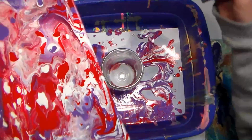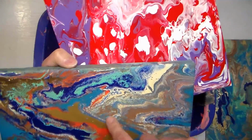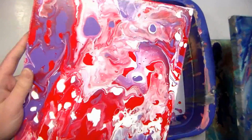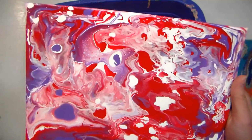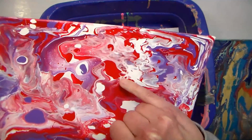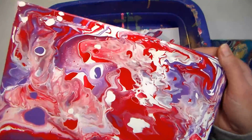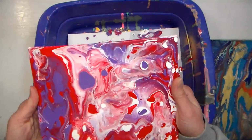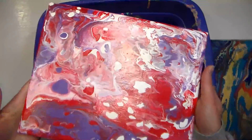I was able to get just as nice cells using the hairspray on my DIY pouring medium, and you can kind of see in there. On this one, I really didn't see many cells, and that's what that pouring medium was supposed to do. It says right on the package that it's supposed to encourage cells, and you can see a little bit of cell formation there, but not what I would expect for something you buy that says it's meant to create cells. But anyway, it definitely made the paint fluid so you could pour it. I'm sure it's going to give it better adhesion